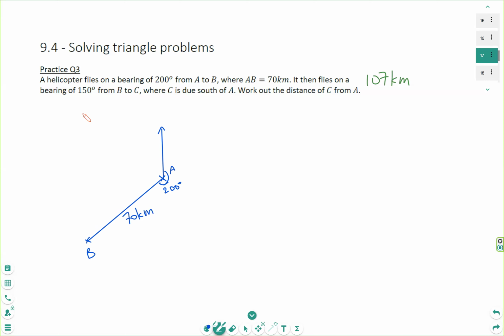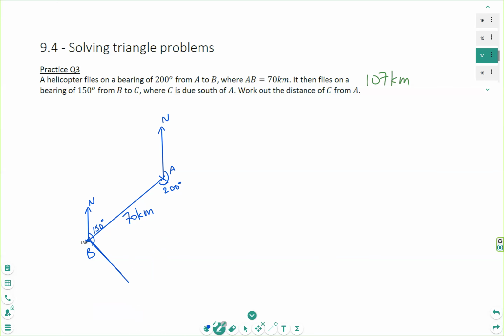It then flies on the bearing of 150 degree from B to C. That means the bearing is measured now from B. So I'm going to draw a north line from B. The north line, 150 degree. So I know that's 90, so 150 is somewhere here. That's C, and that's 150 degree, where C is due south of A. Due south, that means I need to make this line a bit longer,